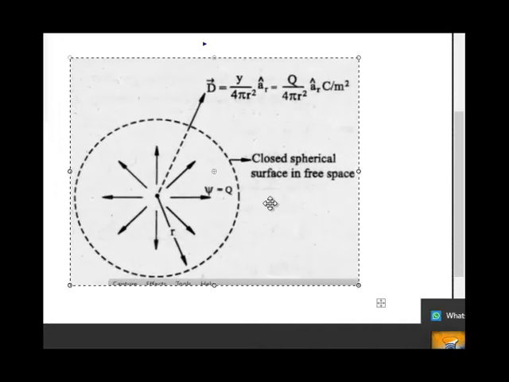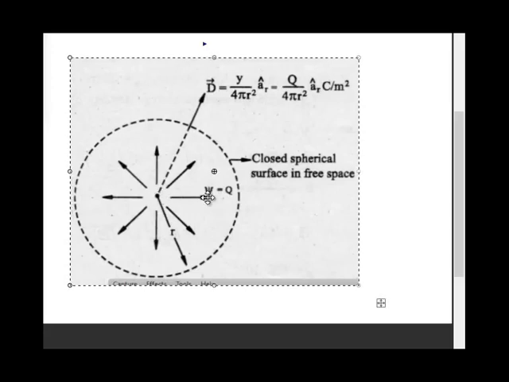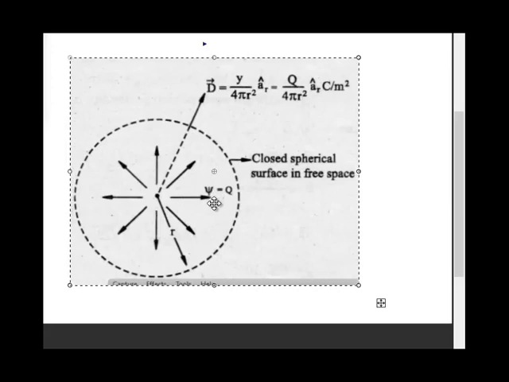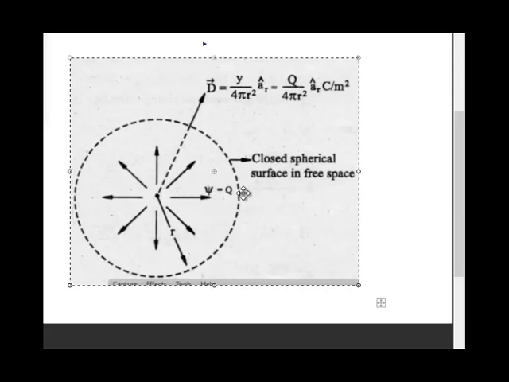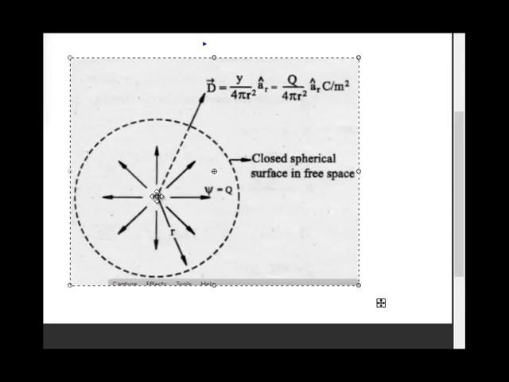and it is given by this formula. You can see that he placed some charge at this point and experienced the flux coming out from the point, and he labeled it as psi, meaning electric flux, and the value of that electric flux is the same as q, because this psi is generating the same charge q on the outer sphere. So he said that there is a displacement of charge marked as D. D is the displacement of charge or displacement density.